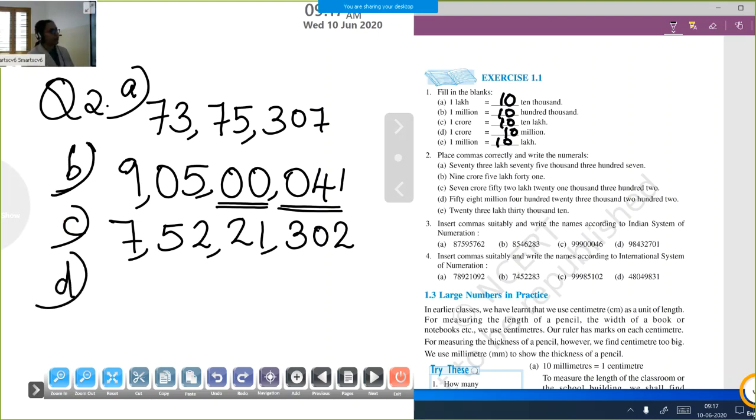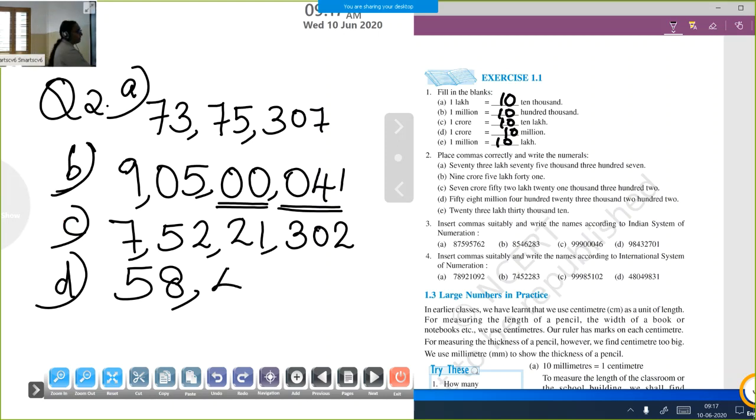Okay. Next, D part of the question. What is the D part of the question? 58 million. Million is which system? International, not Indian system. So we are moving to the international system. 58 million 423,202. 58 million means in international system, each period consists of 3 digits. We know that. But starting 58 million, so we can write only 58, or you can write 058. 0 doesn't have any value, so teacher wrote 58 million